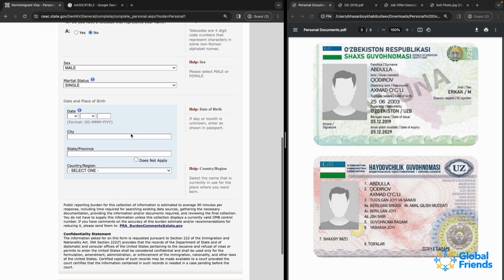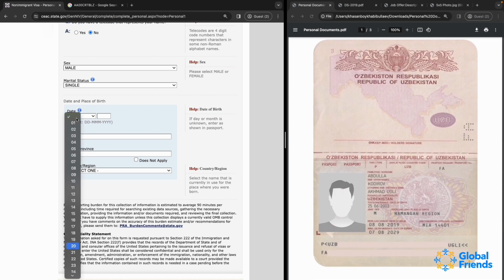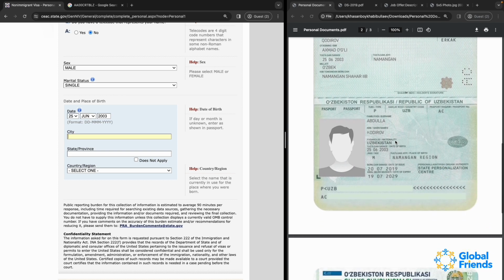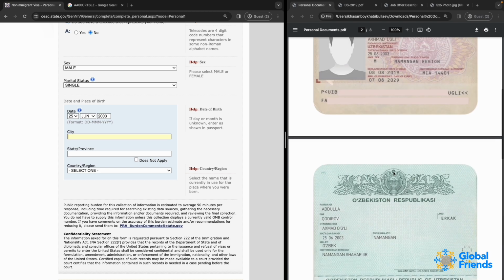So we're going to be selecting single, and date of birth. We're going to be using the date of birth of the student, 25th of June 2003. So in city, this is the city of birth. I'm sure you all know your city of birth. It's not provided on your red passport, but on your green or national passport it is provided. For example, here this is the city of birth of this particular student. I'm also sure that you should have this information on your national ID card as well. So yes,